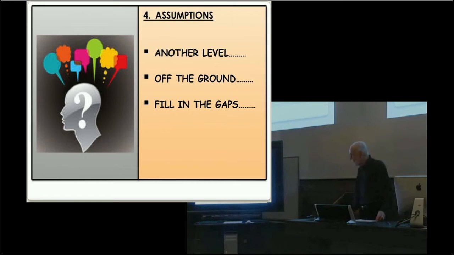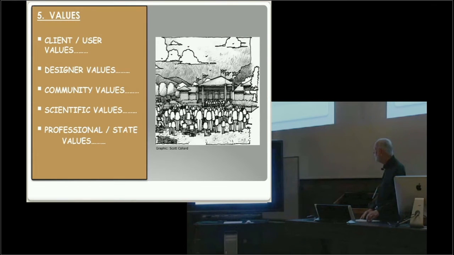Now, this is the next area I am particularly concerned with, and that is that we understand the whole array of values with which the designer must contend in any given project. And they come in these many forms. It's a wide spectrum of values that come into play on any given project. The client and the users have values. The designer has his own values that he or she brings to the design table.